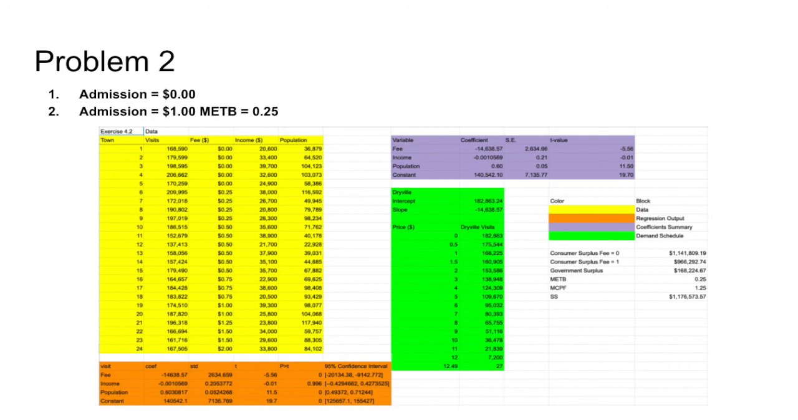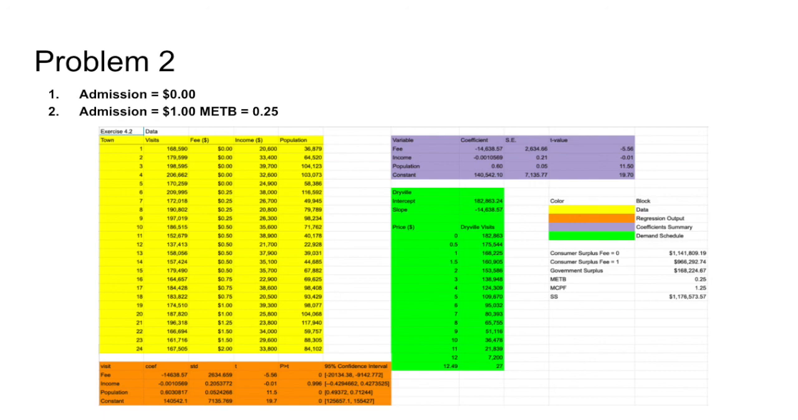In the first part of the question, the fee is 0, which means that the whole triangular region under the demand curve is consumer surplus. Consumer surplus will be equal to gross benefits in this case. The area of the region was calculated to be $1,141,809.19. In Part 2, there is a fee of $1 and a marginal excess tax burden, abbreviated METB, of 0.25,